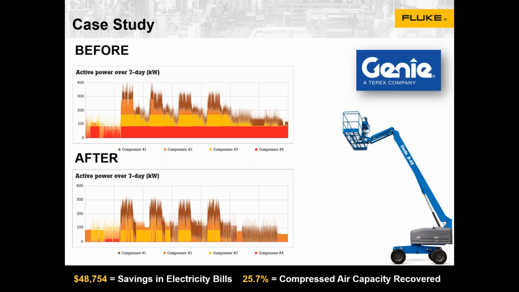Correct me if I'm wrong, but weren't they about to buy another compressor because they were getting close to capacity with the 4 they had? Yeah, they'd already started the capital request, and they were on their way. But then when they saw that they could recover all this, they could use that 4th compressor in the expansion